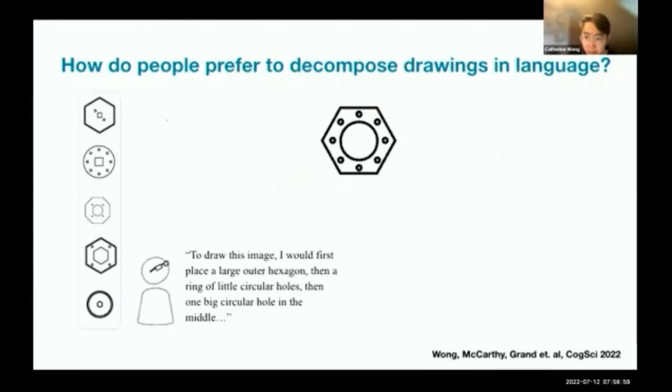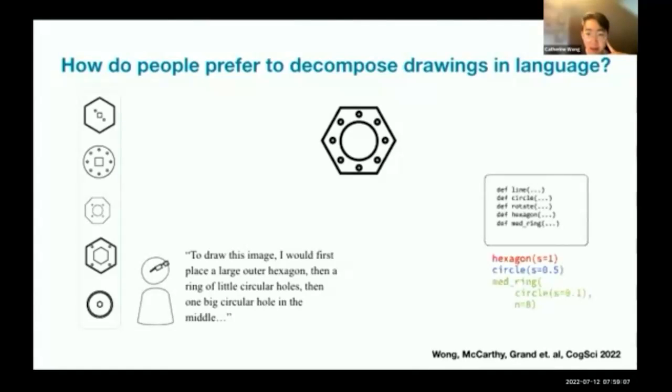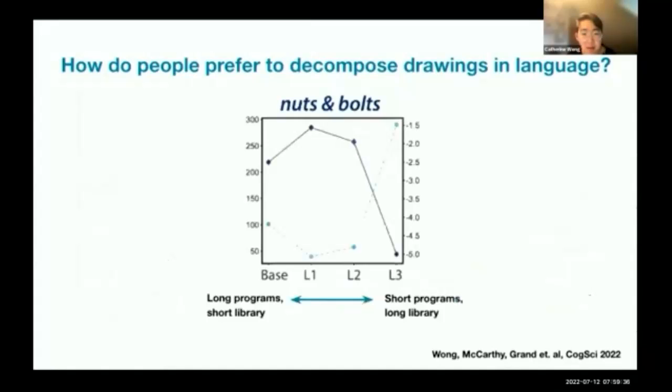And then you can ask people to describe these images, and critically, they're looking at that image, but they're aware of the background distribution of other objects they're trying to name. And you can take each one of these programs in turn, different ways of carving up that image, and ask, if I were to fit a translation model between a held out set of these programs and what people actually said, which one actually explains and generalizes best to English language, which of these different libraries, and therefore the programs that must represent these various images, is best for explaining what people say. And what you see, so I'm just going to zoom in on one of these sets